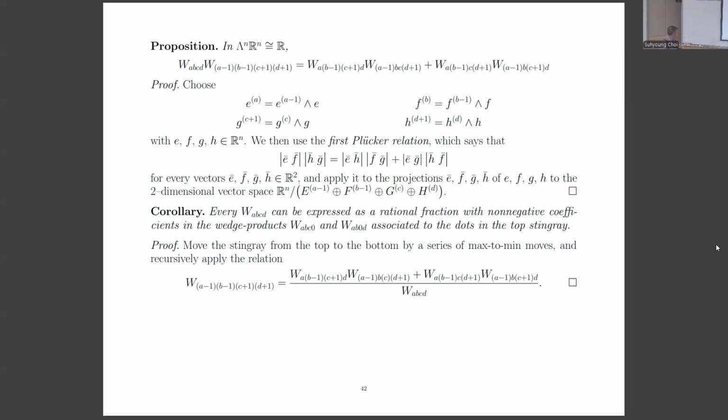That's a plane, right? It has dimension 2. That's much easier. And then in the plane, you have a relation that if you take 4 vectors in the plane, which I'm going to call E bar, F bar, G bar, H bar,